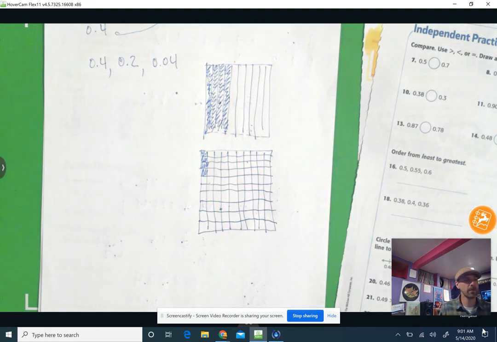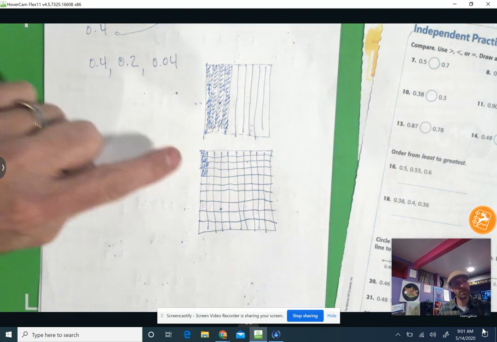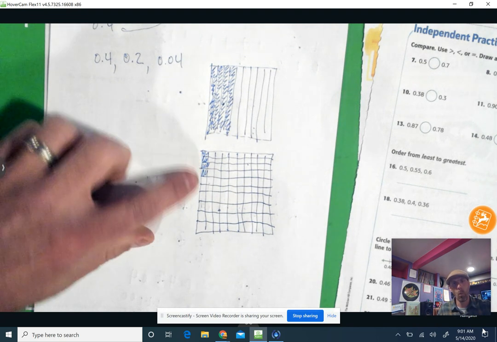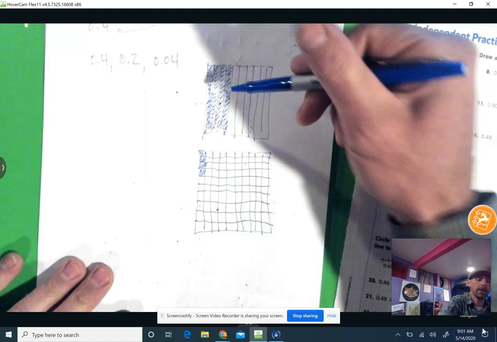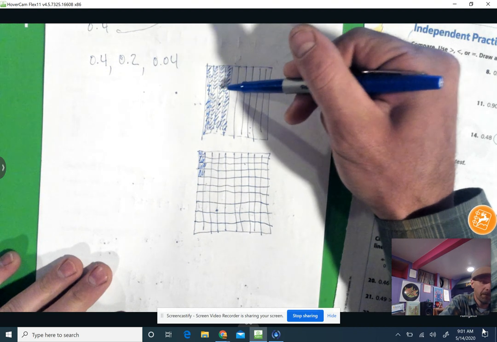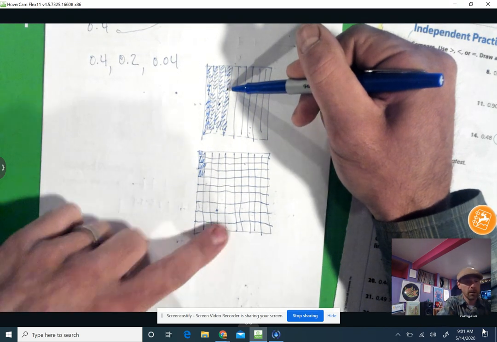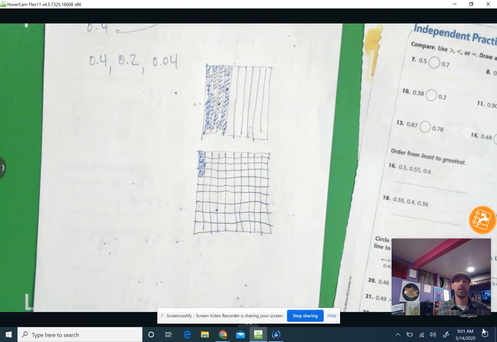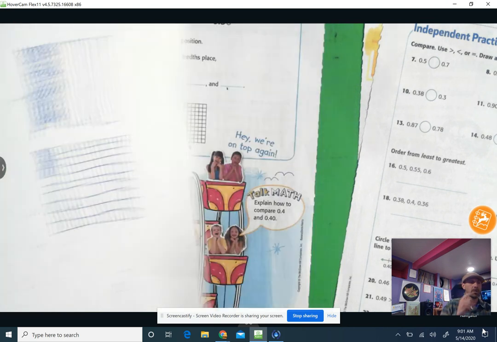Why is 4/10 greater than 4 100ths? Because 4 100ths only colors 4 of the tiny boxes within one of those 10 bars, and 4/10 is 4 whole bars, or 40 100ths if I had 10 little boxes inside of each one of those 10 bars. Okay, so that's why 4/10 is greater than 4 100ths. 0.4,